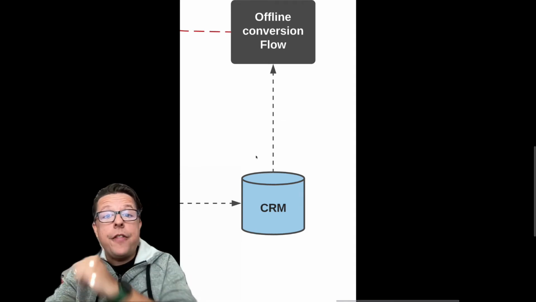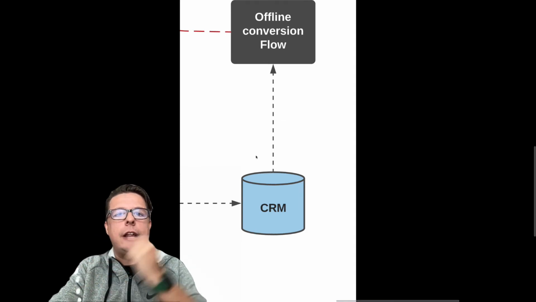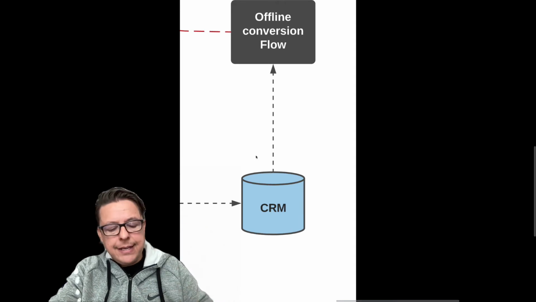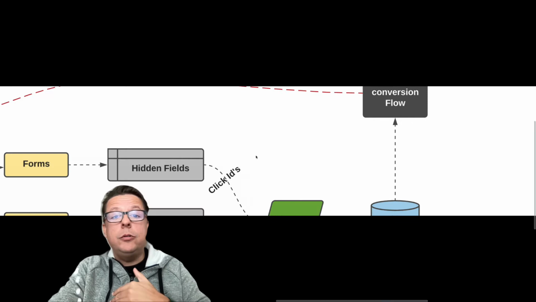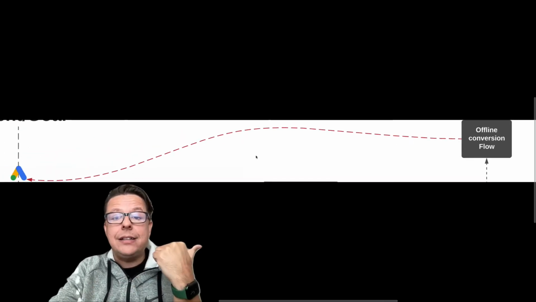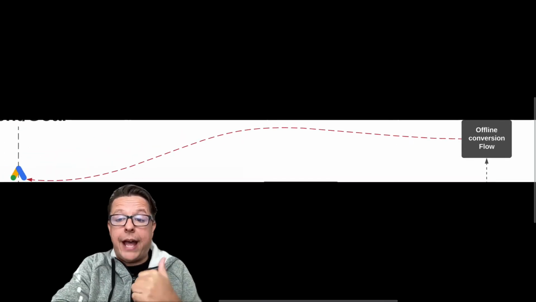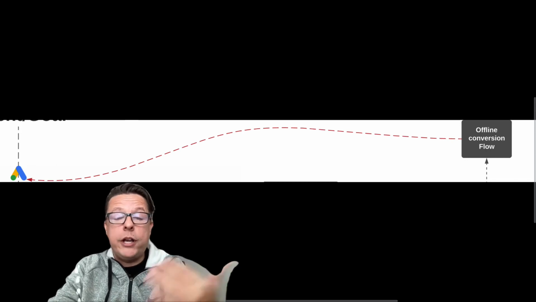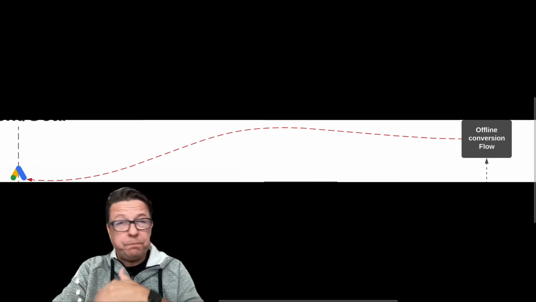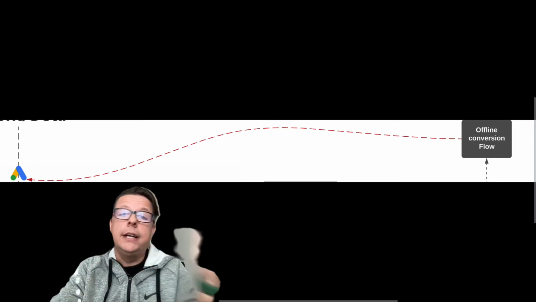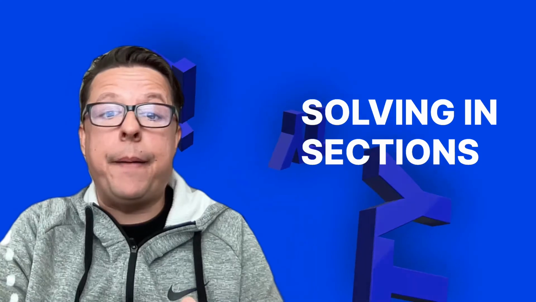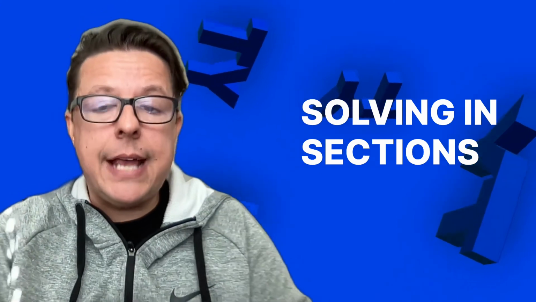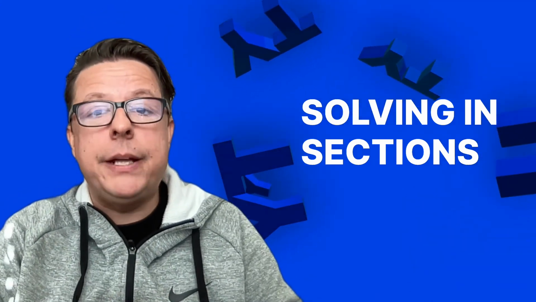And then from there, those offline conversions, depending on the volume of sales that your team has, you can do weekly, bi-weekly, monthly, or quarterly uploads back to Google Ads and Analytics, letting them know that this worked. That, hey, this person that came through at $40 then converted later for $1,500, and report that to Google as those conversions happen. But we have to solve in sections, and there is another element called